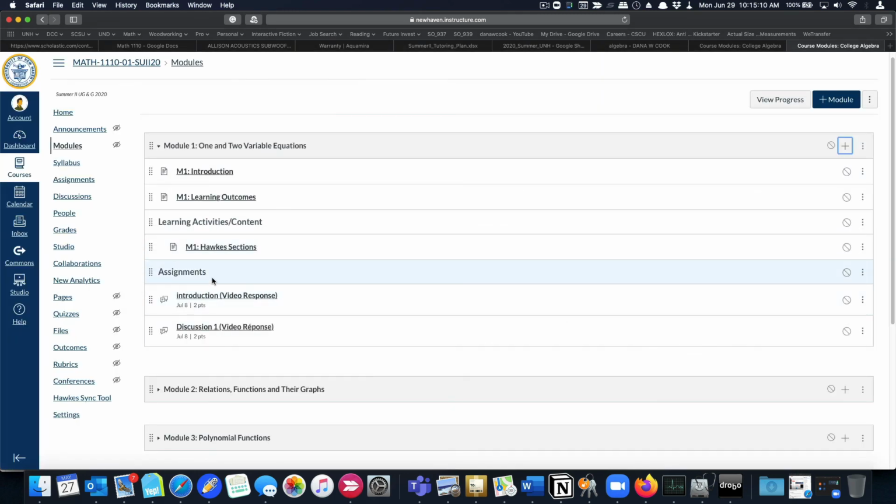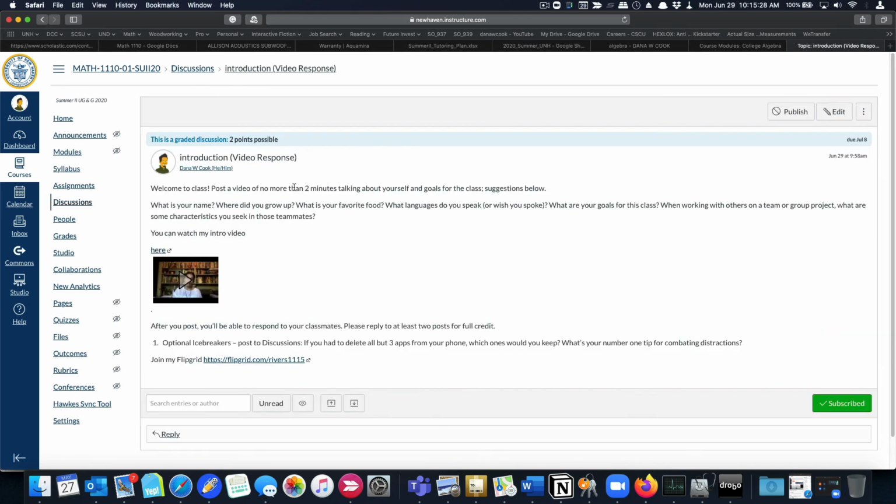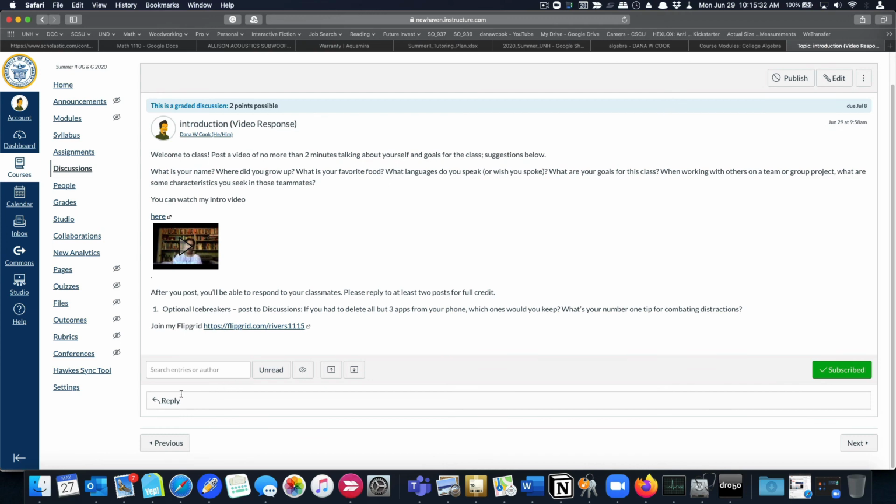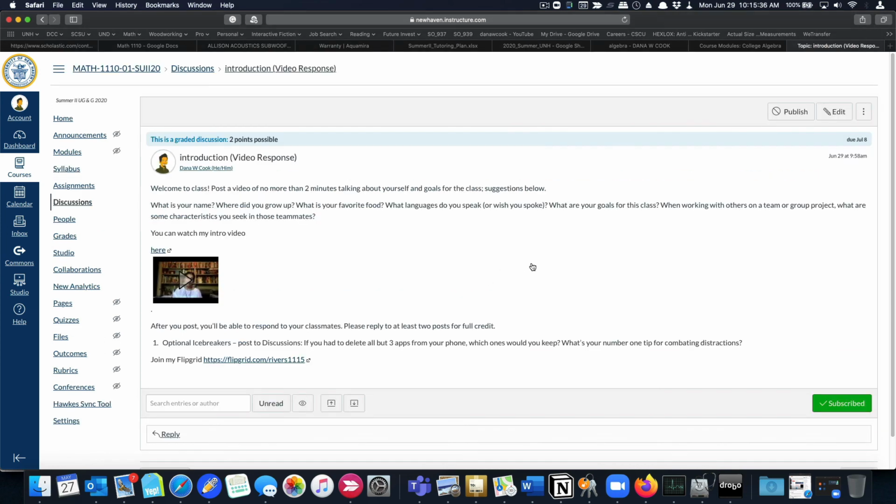That's how it works. So you create the discussion that you want, and we can build them all out and not publish them, or change the publishing date when it's available, and then it'll open up the week that you want it to open, whether you want it to open Saturday, Sunday, whatever. And then in the module, you add the link over to the actual discussion assignment. And they're going to hit reply. I'm not in student view, am I? I don't even know if there's a student view, whatever.